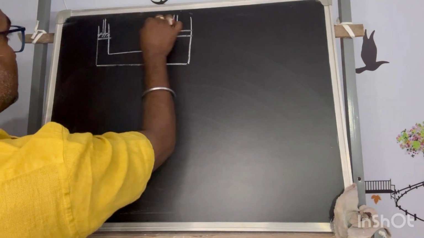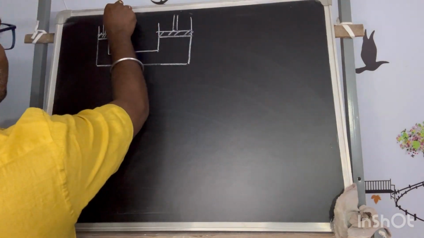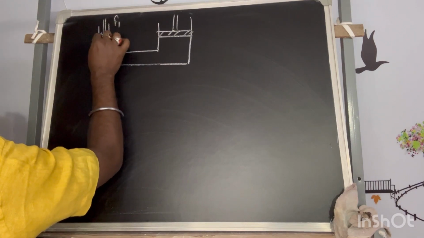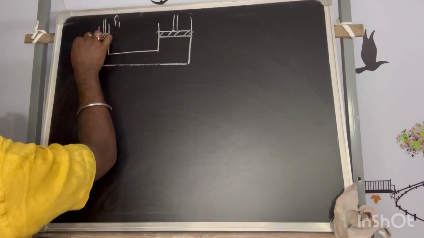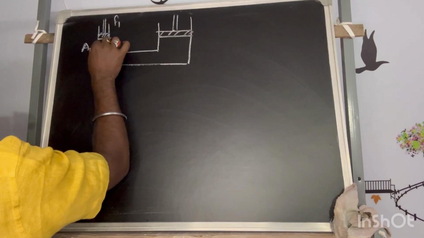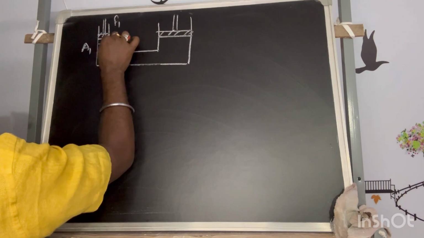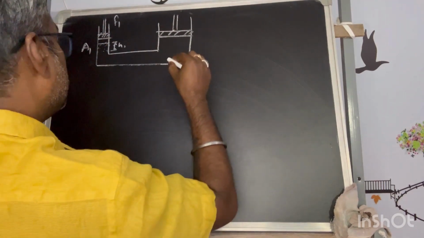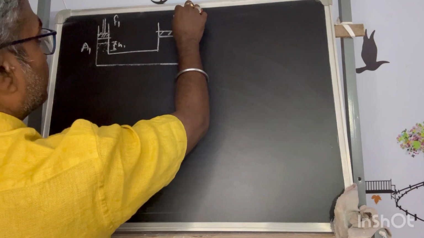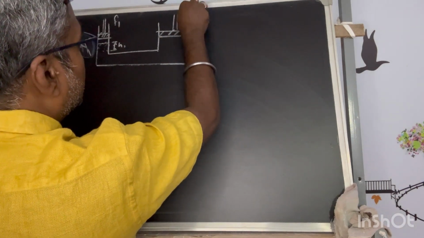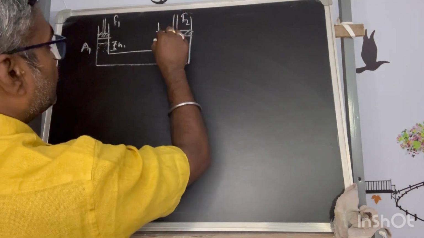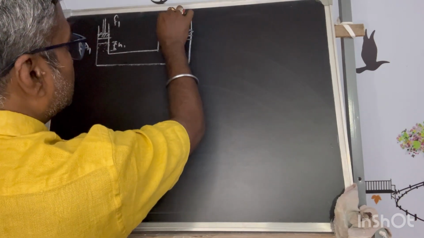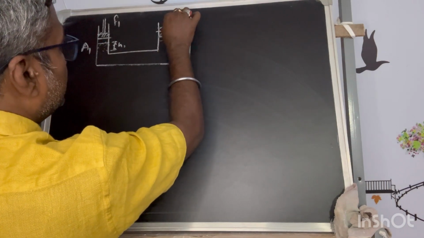Where I am putting a force F1, which is comparatively less, and the cross section in this arm is, let's say, A1, and due to this pressure the liquid column comes down by H1, which in turn gives a force created on the other arm, let's say F2, and F2 is much higher due to its cross section A2, and at the same time the fluid column will increase by